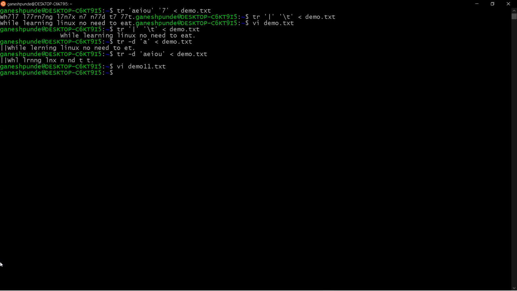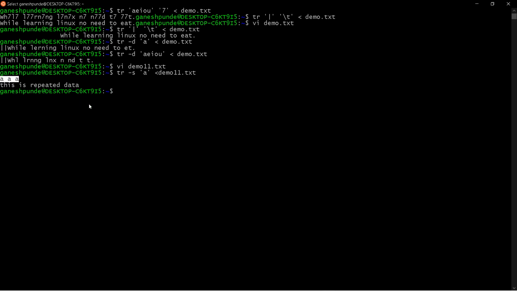Now in order to replace, we should use the -s flag, and I want to replace the repeated occurrences of a with a single a. I'm saying demo111.txt. Now you can see the double occurrences of a are replaced by a single a, right?